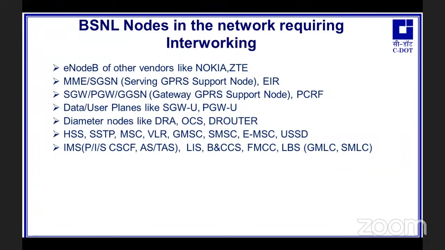So BSNL nodes, which need to be integrated with the C-DOT TCS nodes. So eNodeB of different vendors, because there are already many eNodeBs in the existing network. In the northeast there is JT, and in the southwest a mix and match of JT and Nokia. The existing BSNL SGSN and MME, the EIR server of BSNL, BSNL existing GGSN or PGW node, the same box, BSNL PCRF,